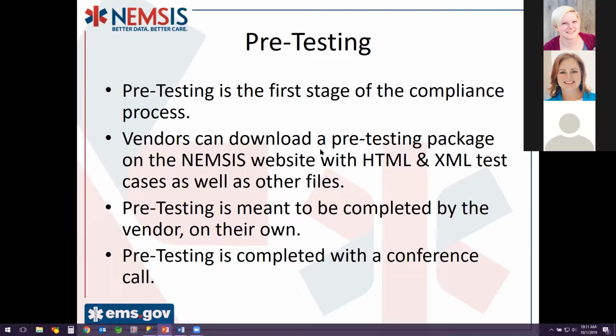So this step with the test cases themselves is meant to prepare you for the real XML test that will happen in active testing. When a vendor feels that they're done with pre-testing and they have sufficiently implemented the test cases, they have all of their validation systems working, including XML schema and schematron schema validation, when they believe that they can implement custom elements correctly, they should schedule a conference call with me where I will verify those requirements. This conference call is probably the most time that a vendor will have to spend talking to me to complete compliance. It usually takes about an hour,